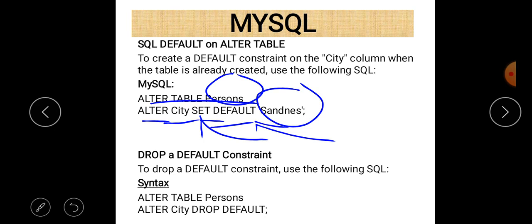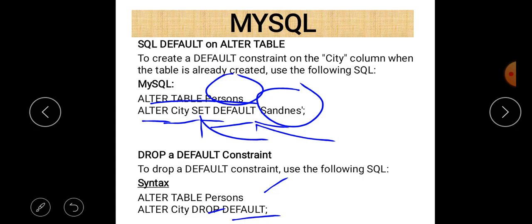And if you want to drop that default constraint, for that purpose just write alter table, name of the table, that is person in this case, and after that the keyword drop and the default.